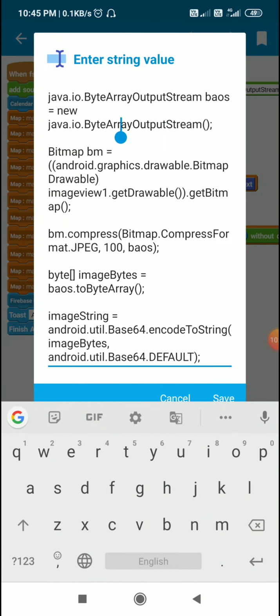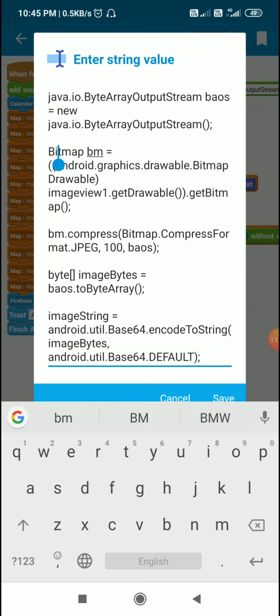First I define a byte array output stream BAOS. Then from image view 1 I get the image, the drawable form of image, and convert it to bitmap by using .getBitmap.